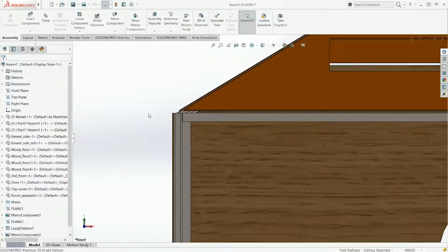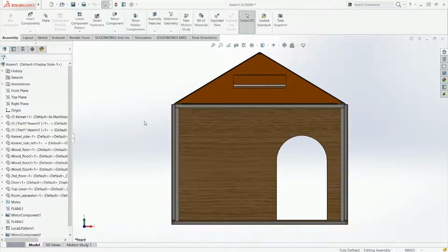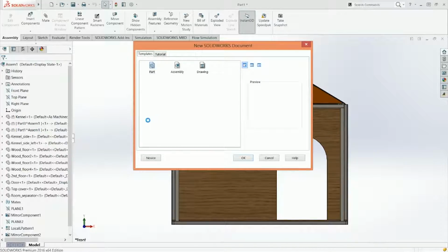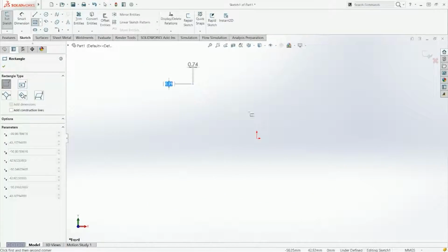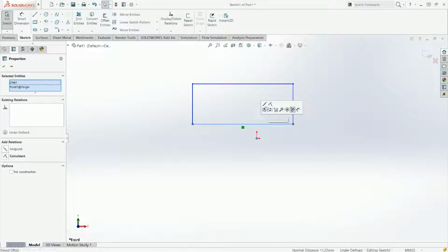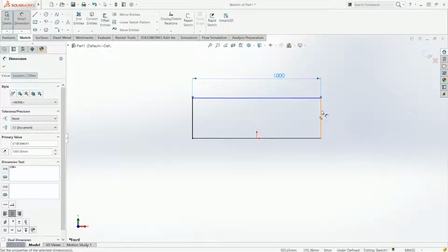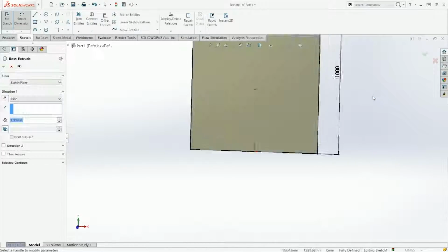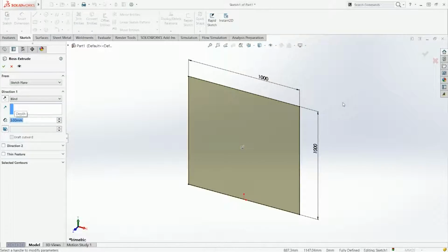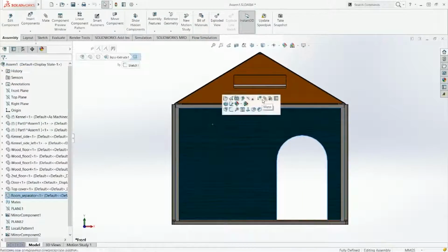Just like we did last time, we're going to make a little part. We're going to do Control N and say OK. Then, just like last time, we're going to create something like that: midpoint, line, midpoint, and give two dimensions here so we can edit it later. We're going to extrude it for 3 mil. I believe that was the previous thickness of the wood that we chose. Sorry, I believe it was plywood. I'm going to say front